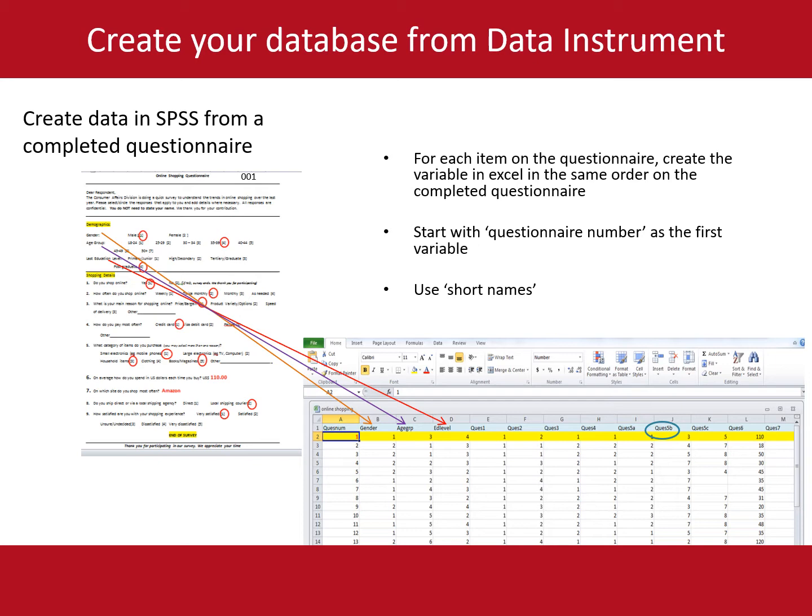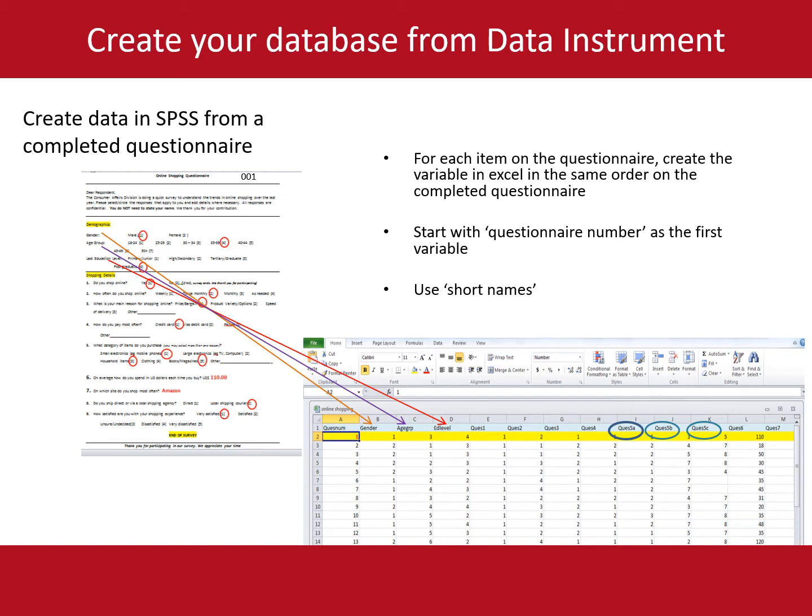It is important to note that most questions ask for a single response. However, question 5 allows the respondent to select multiple answers, so we call this a multiple response variable. As the researcher, you will decide on the maximum number of responses you will accept for this question. In this case, I decided on 3 responses. Therefore, for question 5 in your data set, you will enter question 5A, question 5B, and question 5C in separate